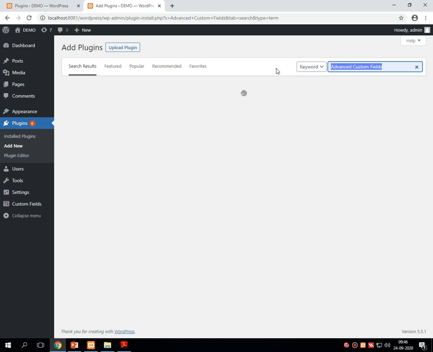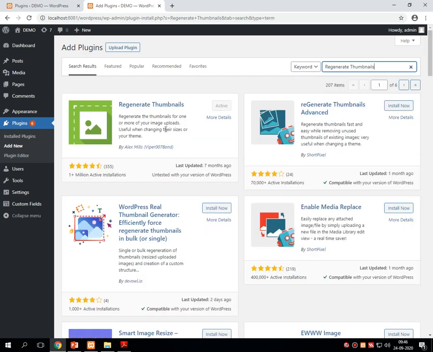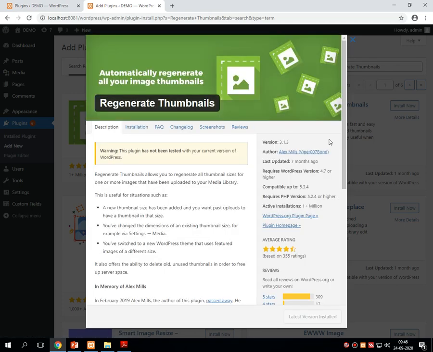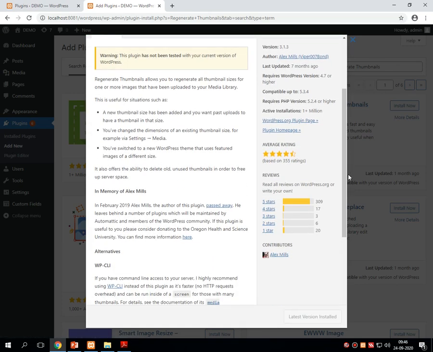Sorry, not Advanced Custom Fields, Regenerate Thumbnails. And I am clicking on this option called details, which gives the theory of the entire thing.